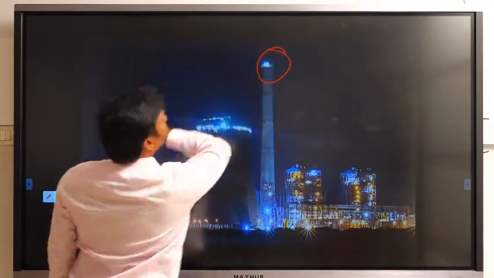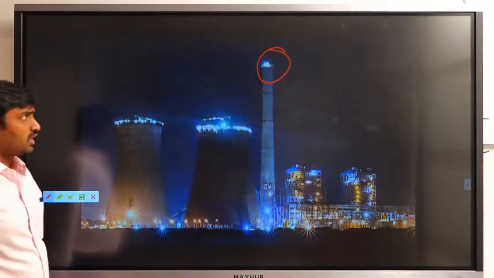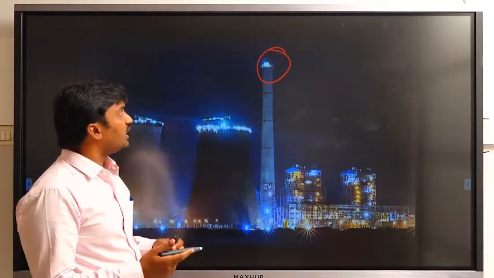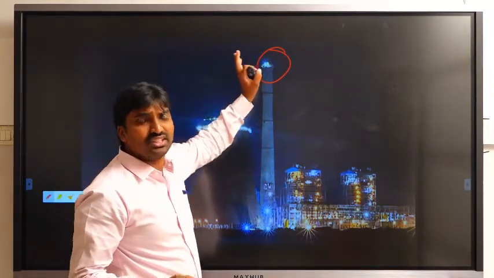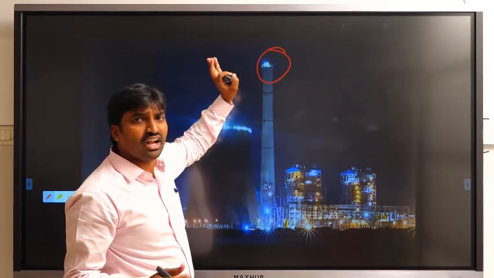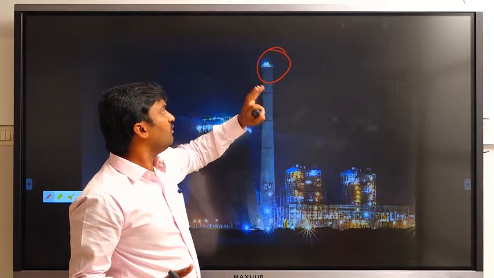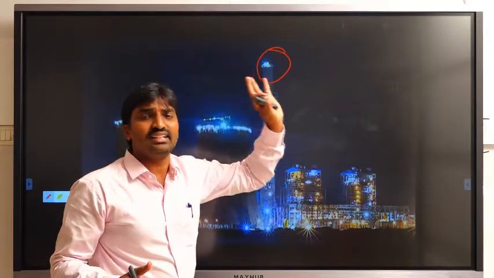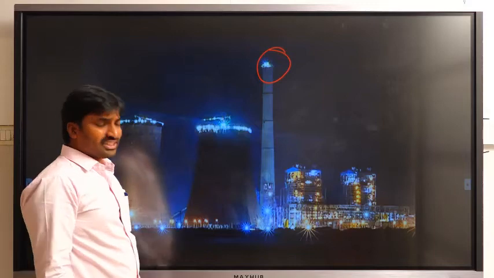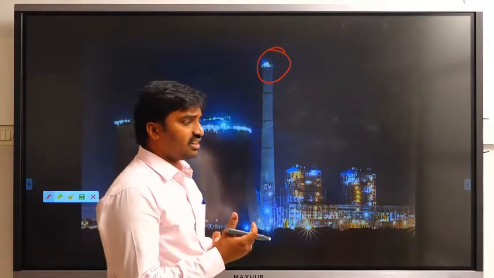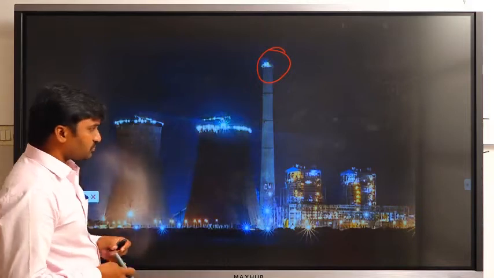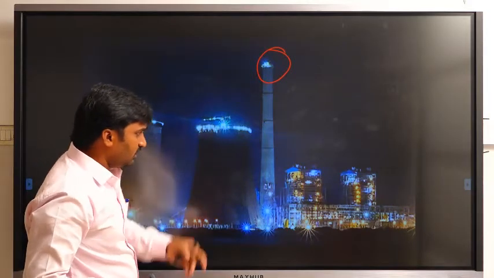So these are emitting gases. That means it continuously pollutes the environment. Okay, so we need to minimize the environmental pollution also. That is one disadvantage we have. In a steam power plant, it causes more environmental pollution when compared to other power generating techniques like hydro and nuclear energies. Okay, so it continuously emits a large amount of emission gases, and also in a steam power plant,